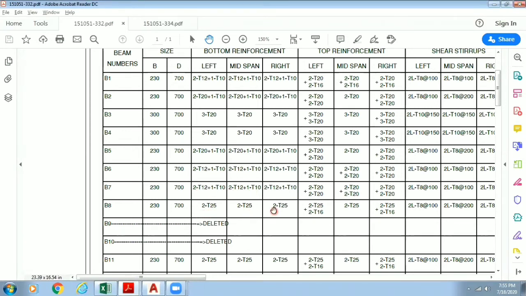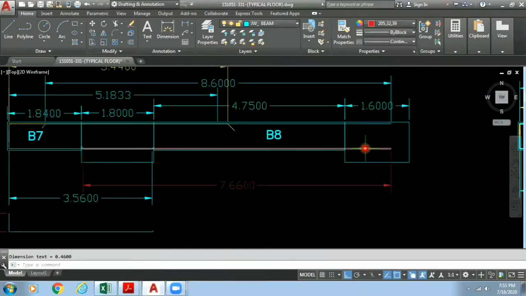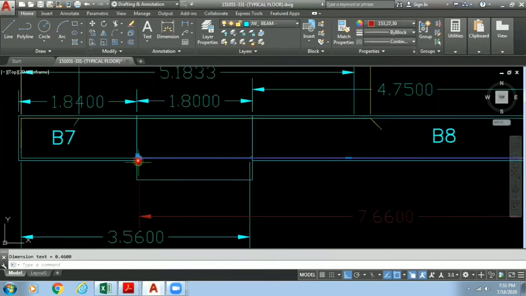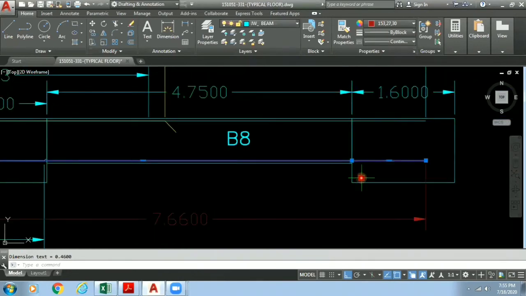Now we will see this T25, two numbers of T25 bottom reinforcement. Now we can see this here. It has started from the column and it has traveled through complete distance. And again, here we will have the if statement to check whether we have a vertical projection, that is L, or not. So we have added one if statement in our Excel sheet.